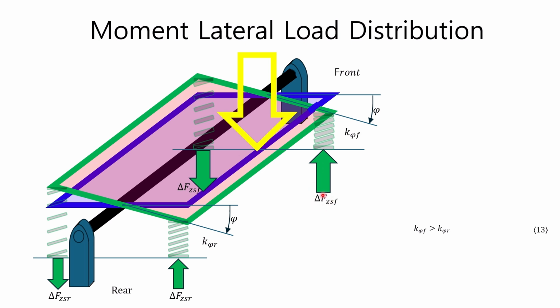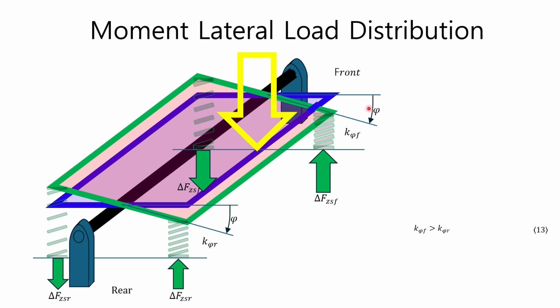This same principle is applied to calculate the distribution of lateral load transfer at the front and rear wheels when a vehicle turns left at a constant speed with a constant turning radius. In the figure, the rectangular rigid body corresponds to the shape of the vehicle's sprung mass, and the moment generated by the force of the yellow arrow corresponds to the moment generated by the lateral force that the sprung mass receives during the turn. If the vehicle's sprung mass is considered a rigid body, the roll angle is the same